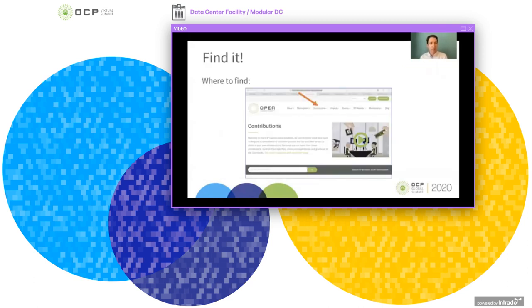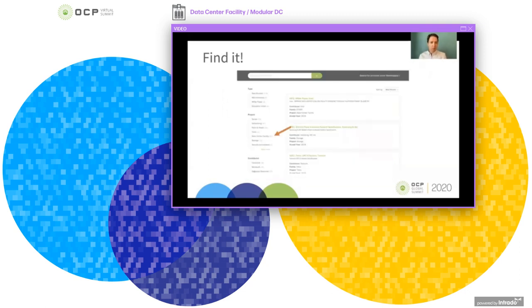So I'm proud to say that our design files were accepted by the incubation committee. They are live on the Open Compute Project website. You click here on contributions, and then it would bring you to the listing of all the contributions in the OCP ecosystem. And under data center facility, you can find the modular data center